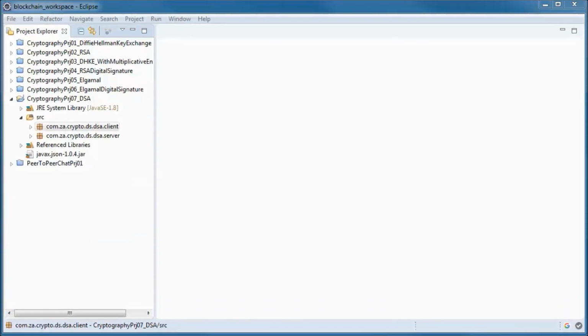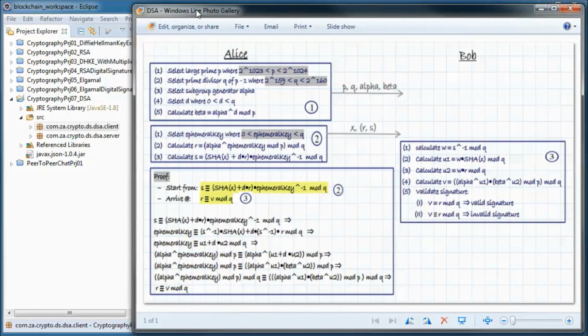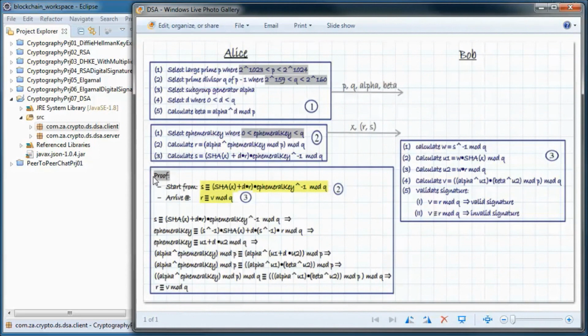Now, before proceeding with the code, let's do a quick summary and a proof. So Alice wants to send signed messages to Bob. So she starts by selecting a large prime number p between 2 to the 1023 and 2 to the 1024.